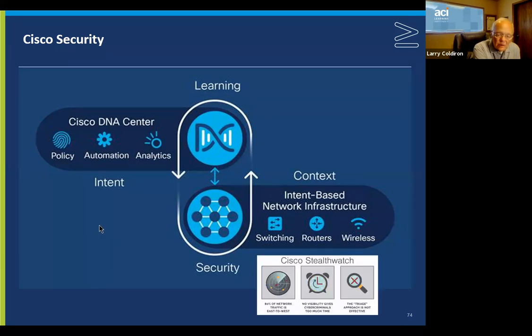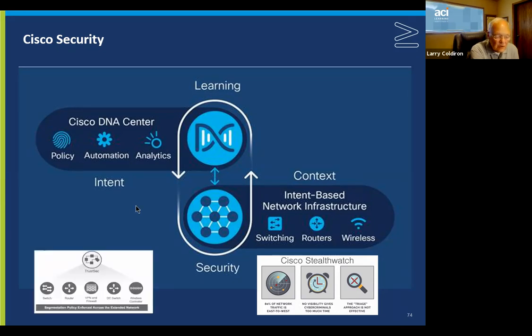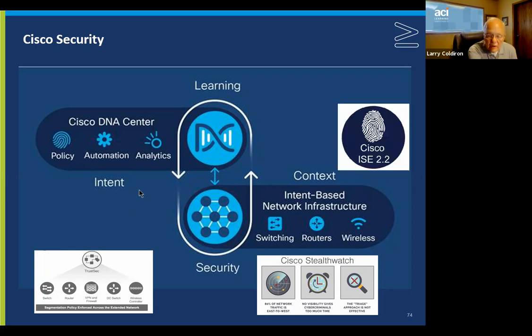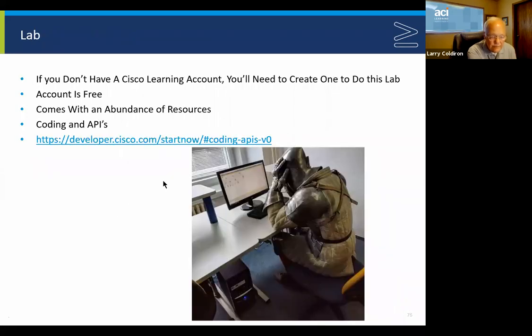So the Cisco Stealthwatch, network visibility and security analytics for the detection to contain these things. And then TrustSec is going to enforce the security policies that we would have. Brings us up to